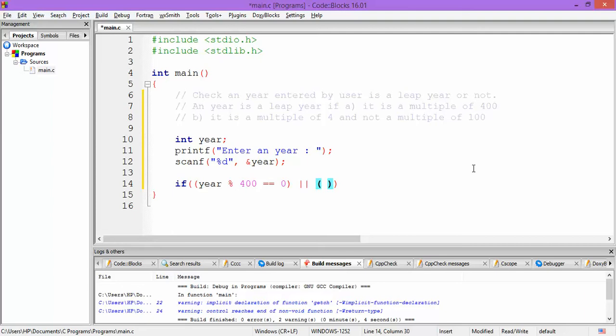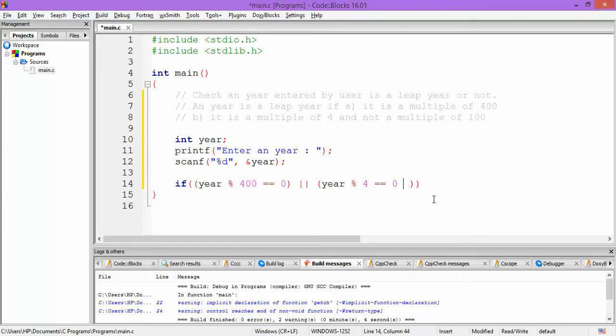To check whether it is a multiple of 4, we can do the same thing as with 400: year mod 4, if it returns 0, means it is a multiple of 4. Another condition that we need to check is that it should not be a multiple of 100.